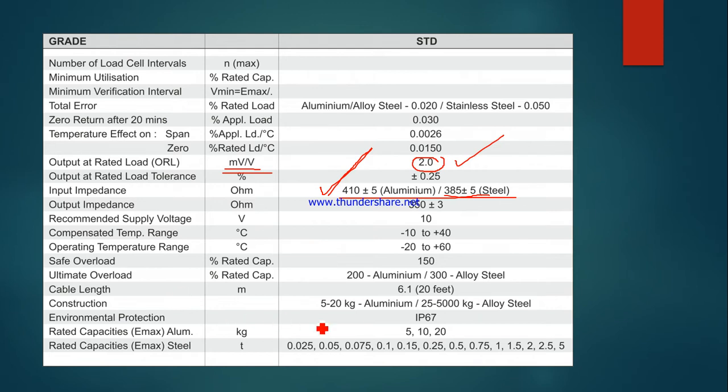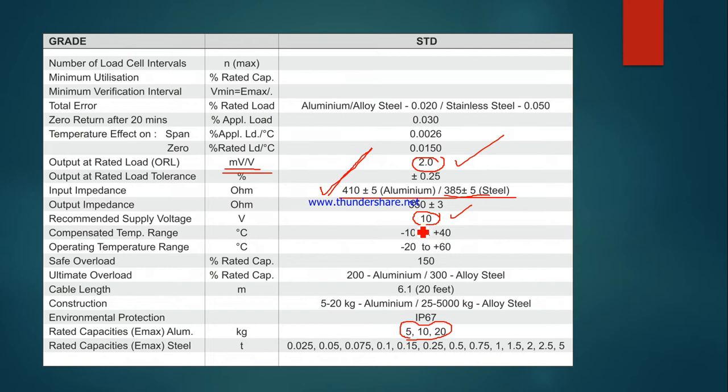And the rated capacity, you see this is the rated capacity. We are going to use that. For this particular model it is 5, 10 and 20 kg. And somewhere it will be the excitation. This is called the excitation, and it is 10 volt.